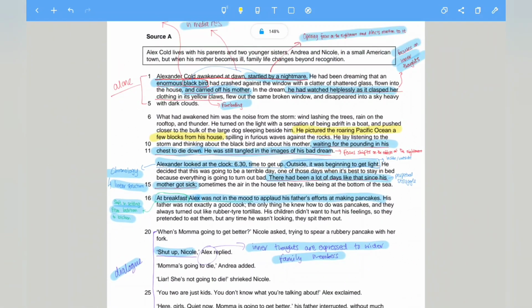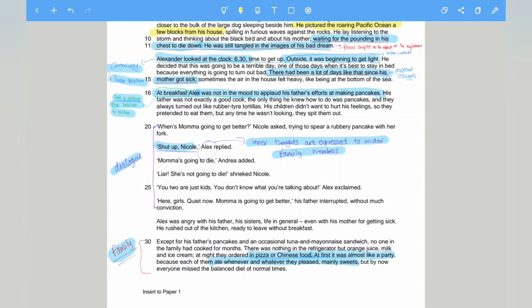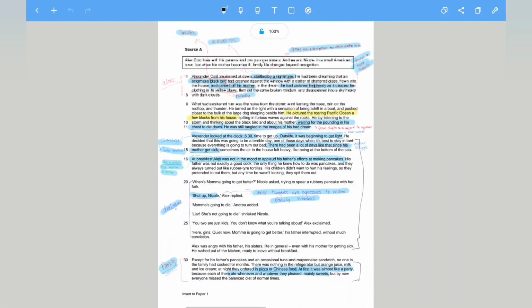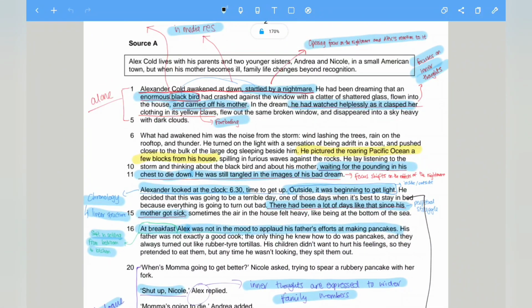So the first part obviously focusing on the beginning, so that could be the first 2 to 3 paragraphs. The middle being the third, let's say from here to somewhere here. So from the third paragraph up until this point here. And the final and the ending could be this small paragraph and the entire of the second page. So if you divide it into these three parts, quite simply what you're looking at is, what does the writer